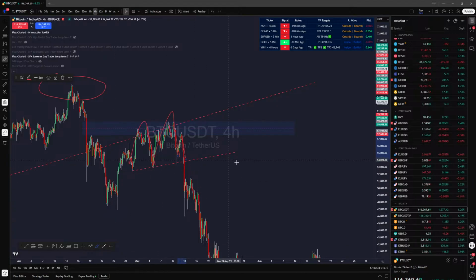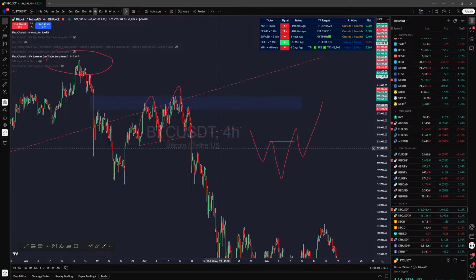Also, there are two types with head and shoulders. When the second shoulder breaks, it's basically a reversal, right? Something like this. When the second shoulder breaks, we have a trend line, and the head takes liquidity from the left shoulder and then moves downwards, and it's a liquidity pool. But the problem with this type of reversal pattern is that it can just trap you into the trade, because it can be just a liquidity sweep